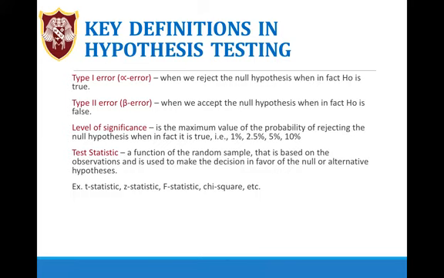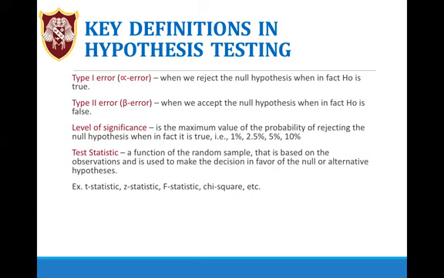The t and z statistics, or t and z tests, are used when we want to determine if there's a significant difference between two groups, provided that the data are quantitative. The F statistic, or F test, is the one that we use when doing analysis of variance, or the ANOVA.